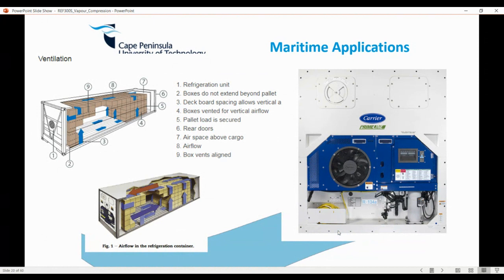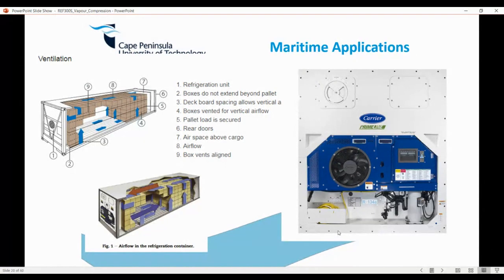And when we design these containers, one would be cognizant of a few things, but where you're looking for the actual components is over there. You get a picture to your right. That is the refrigeration system. The main thing, as you can see, the white thing there is probably a scroll compressor. You've got a fan to facilitate the movement of air, either extracting the heat. So one is the refrigeration unit. Two is the boxes do not extend beyond the pallet. Okay, there's a region there. So in fact, even with